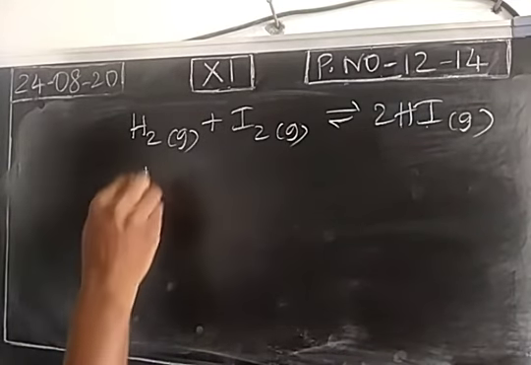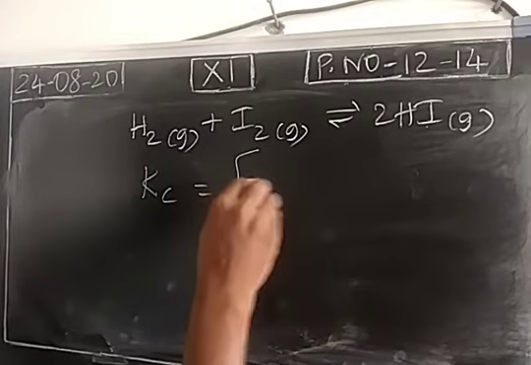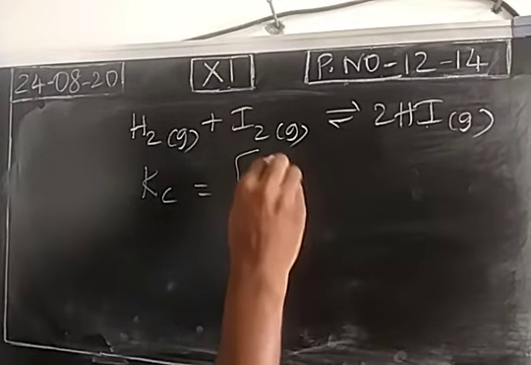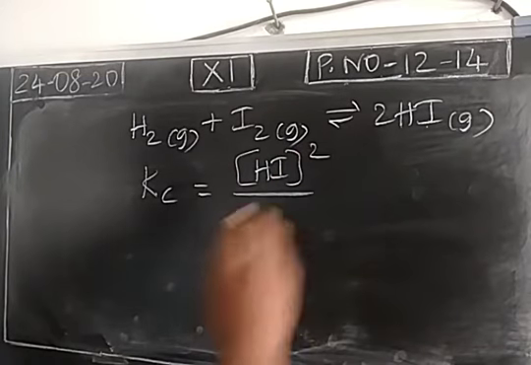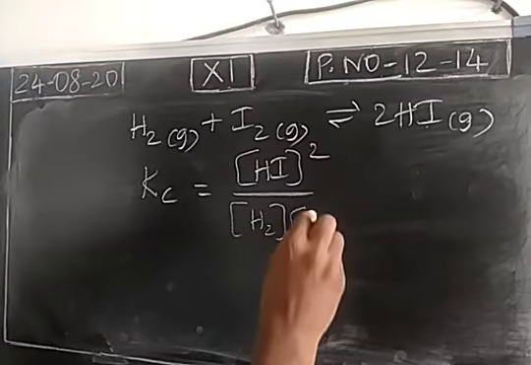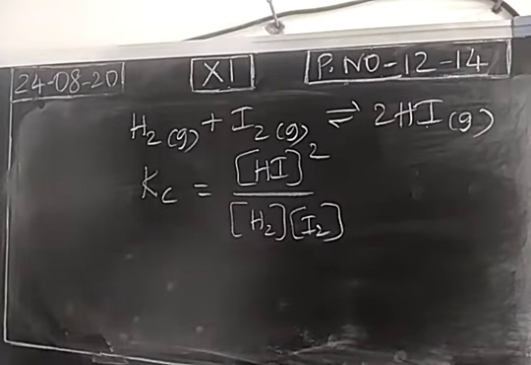We can write the equilibrium constant Kc. In terms of molar concentration or active mass, we are representing the equilibrium constant, which is the ratio of the product of concentration of the products to the product of concentration of reactants, and each term is raised to an exponential power. So we have written the equilibrium constant. In terms of partial pressure also you may express Kp.